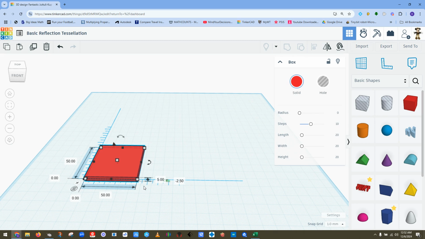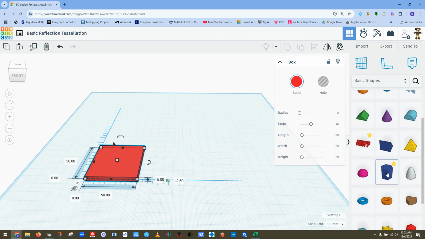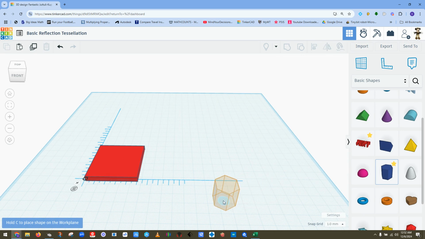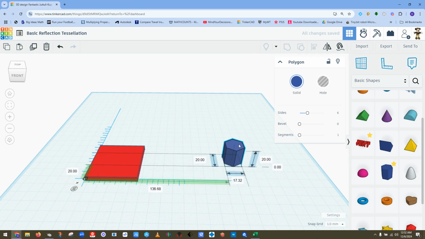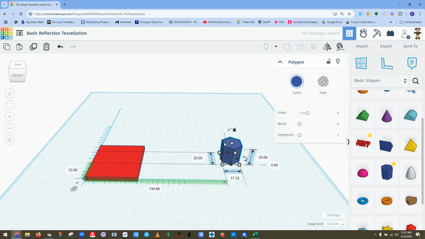And how we're going to do that is we're going to use a different shape. The shape I am going to use is another really important tool in Tinkercad. I call it my polygon tool. It's this tool right here. And what this tool does, when I drag this shape onto the screen, it shows that I have a polygon type prism on the screen. This is a 6-sided figure, so it's a hexagonal prism that I have. But the great thing about the polygon tool is I can change it to whatever number of sides I want. I can go from a 3-sided figure, obviously a triangle, all the way up to a 12-sided figure, which is